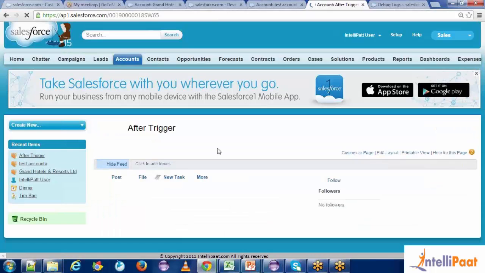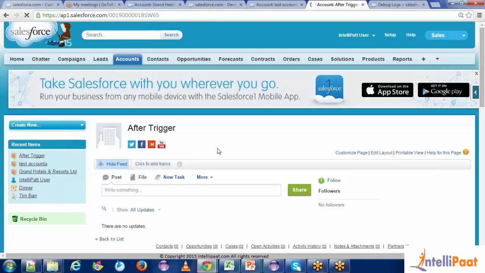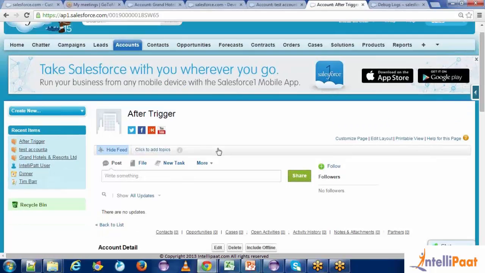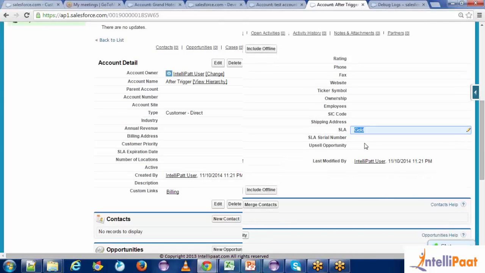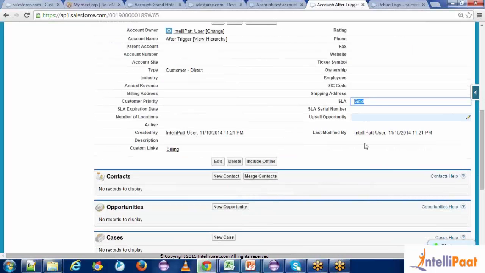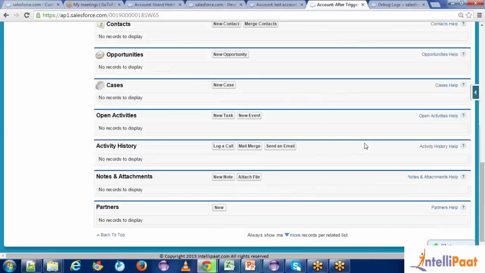So what we are able to achieve with this is whenever we are inserting an account with type as customer direct, SLA would be automatically updated as gold by the system itself. So if you see into the system history, there would be an update happening on this particular record, that SLA is updated to gold. Now the thing is,